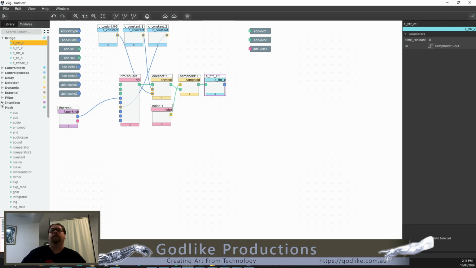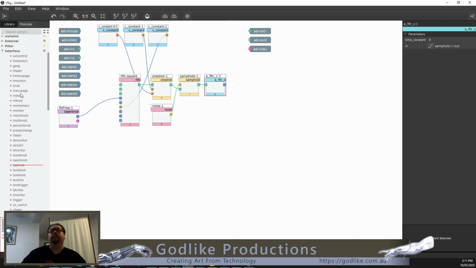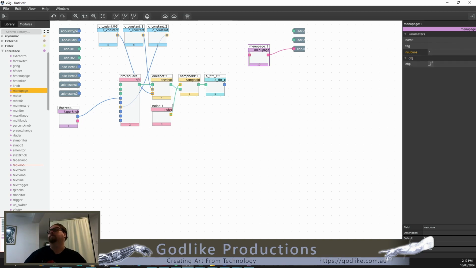So we need to go into the interface, and what we need is a menu page. So put the menu page over here. So this menu page is what we're going to see on the front page of the H9000. Okay, so we need the number of subs in it. So we've only got one control in here, so let's just put 1. And this taper knob is what's going to drive that one there. We haven't got any inputs here, but we could,